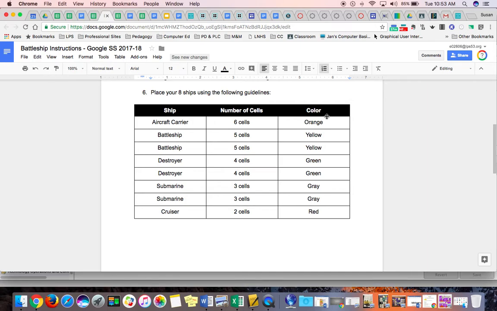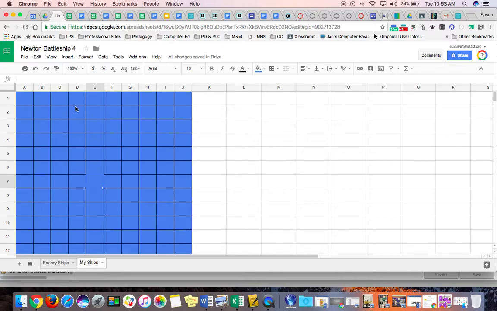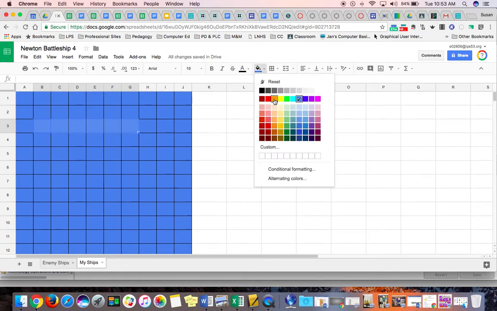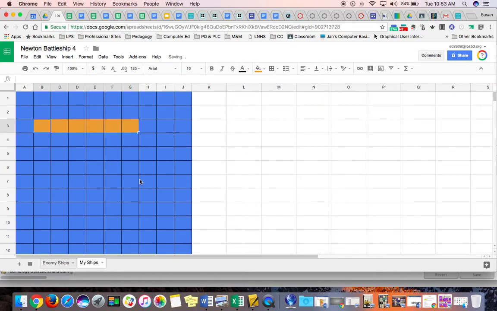So the first thing I'm going to do is place my aircraft carrier. It's 6 cells and the color is orange. So I'll switch back. On My Ships, I'm going to choose wherever I want. I'm going to choose 6 cells, and I'm going to turn them orange, and that's just like placing my ship right there. Okay, then you'll just switch back and forth,